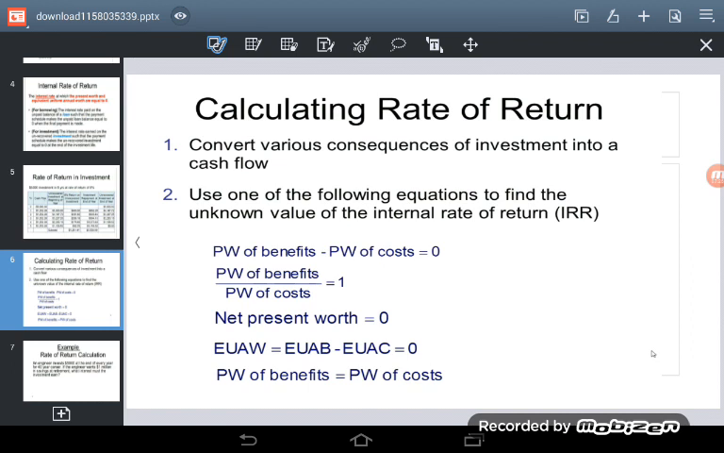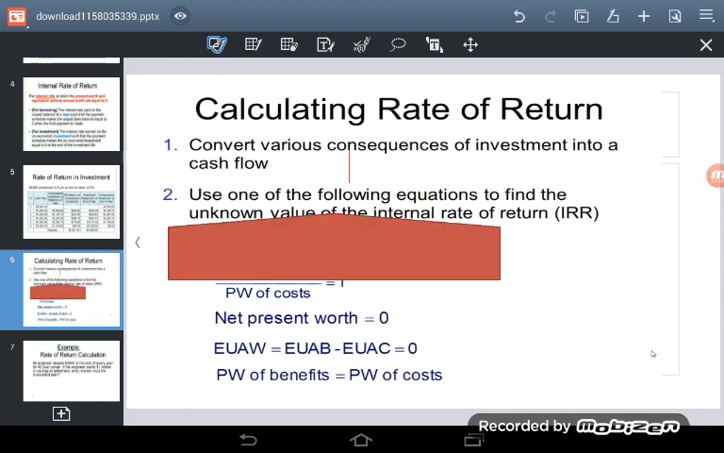When we need to convert various consequences of investment into cash flow, the present worth of benefits minus present worth of cost is going to be 0. So what we said here, we said